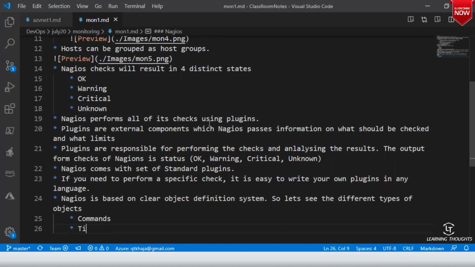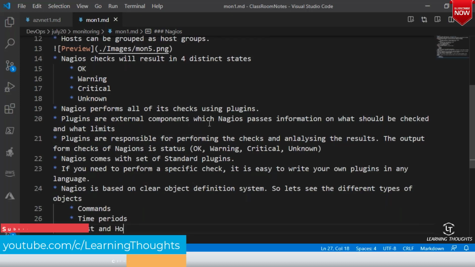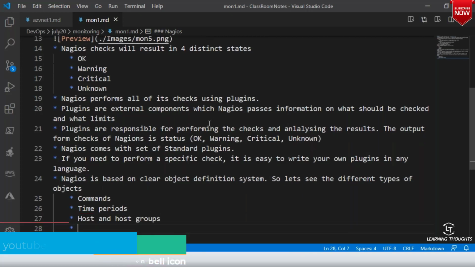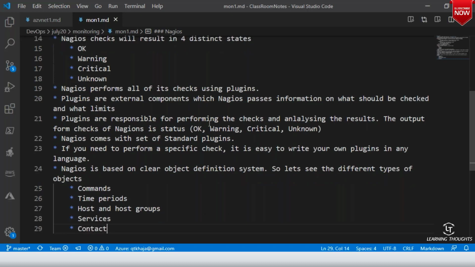The second object is time periods. The third object, which we have already spoken about, is host and host groups. The fourth object is services.